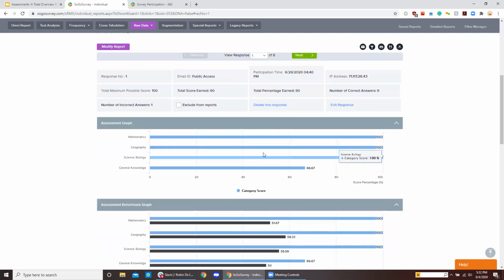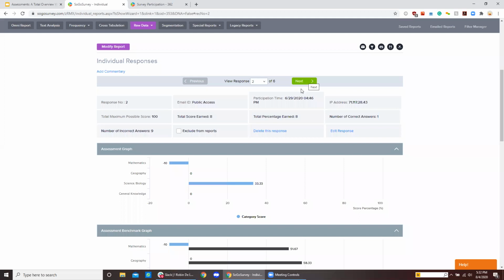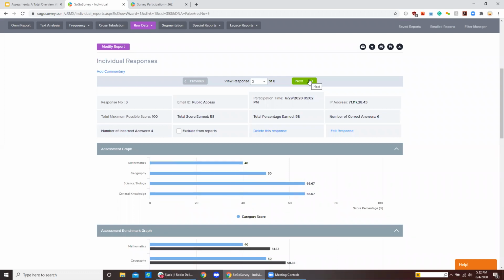So this first one right here is going to be that same kind of performance graph that we saw based on each category. You can see that this one, that multiple select really hurt them there. So -10 in that case. But what this does is that not only did they get to see their performance in each of the categories,